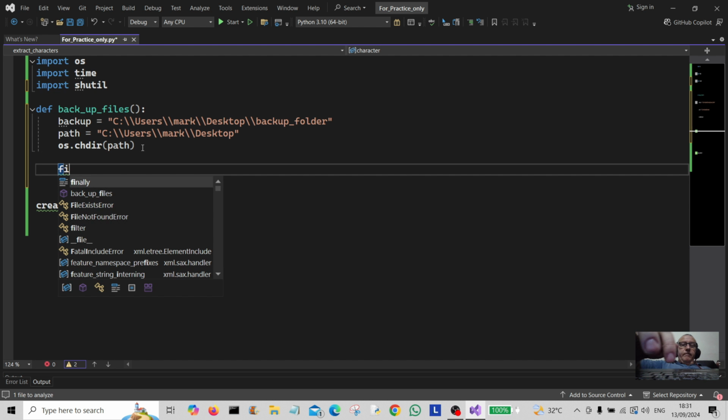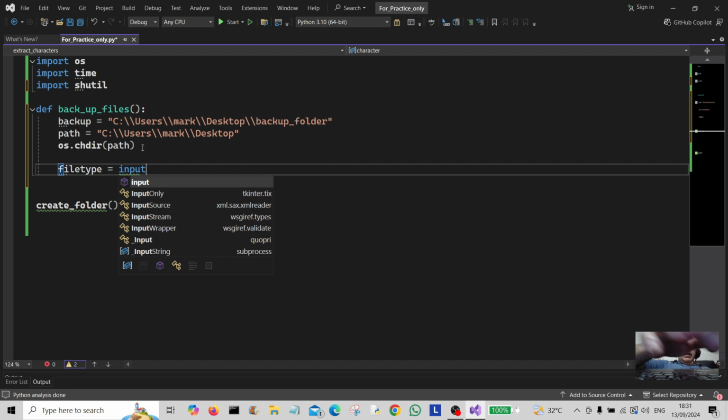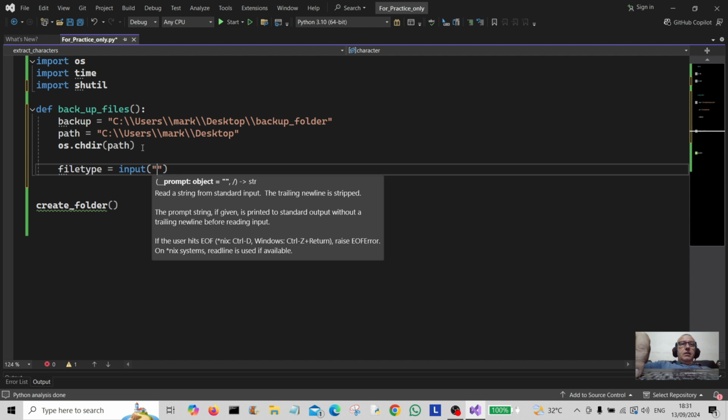I'm going to type in a variable called file type. I'm going to assign it to input, to get user input. I'm going to tell the user what to do: Enter file type. So I want the user to enter in something like .txt, .docx, .pdf,